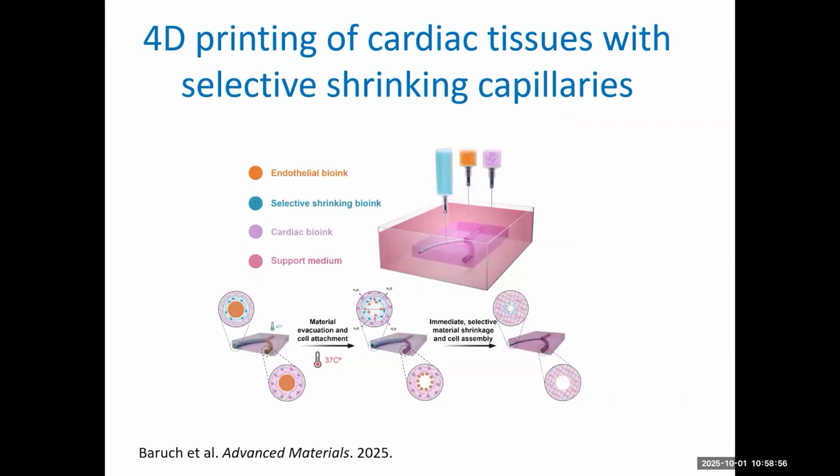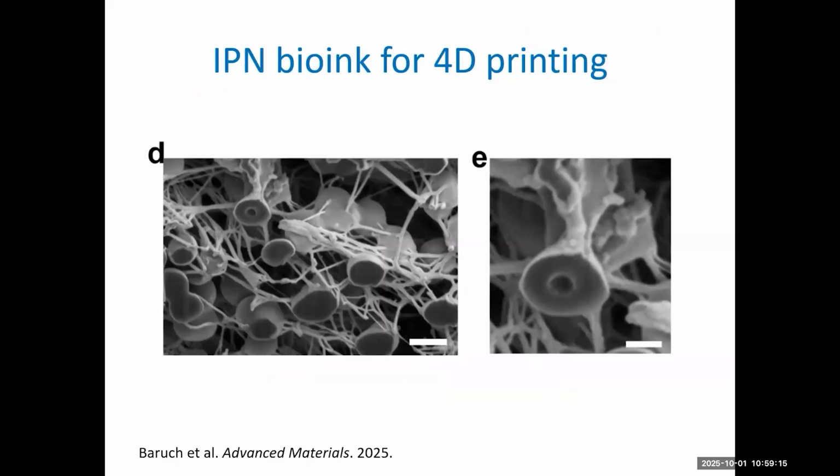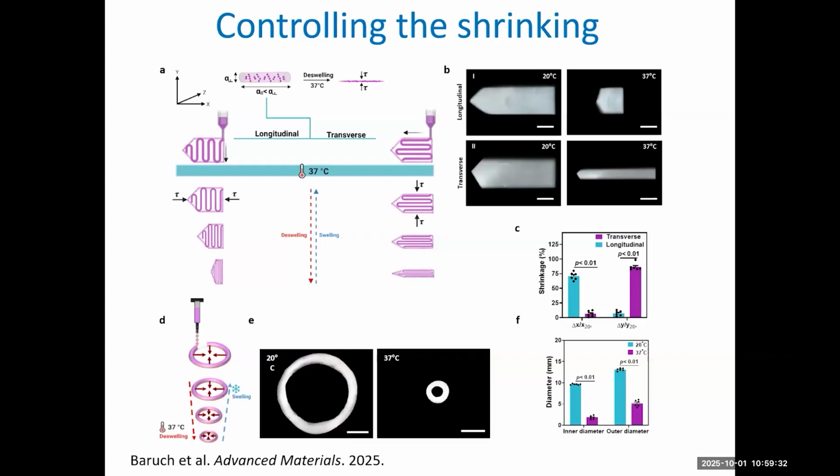And for that, we developed another bioink. So we have the regular bioink for the cardiomyocytes. We have regular bioink for the normal blood vessels, but we also have the bioink for the shrinking blood vessels. You can see it is made of the patient's own materials, the collagen fibers of the patient, and we also put polyNIPAM nanoparticles into these fibers, and we can control the direction of shrinkage, as you can see here,